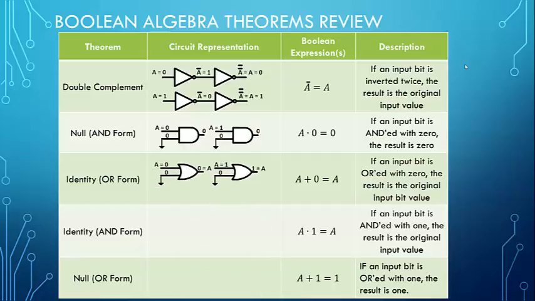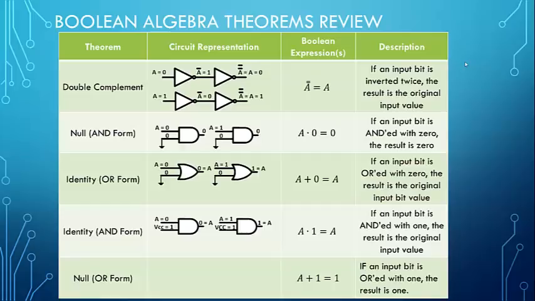We have the or form of the identity law. If we or something with 0, nothing changes, which should also be intuitive. If we add 0 to something, nothing changes. So we have the or form identity. In the and form, if we and something with 1, nothing changes. Well, if we multiply by 1 in our arithmetic, we also know that it's analogous,